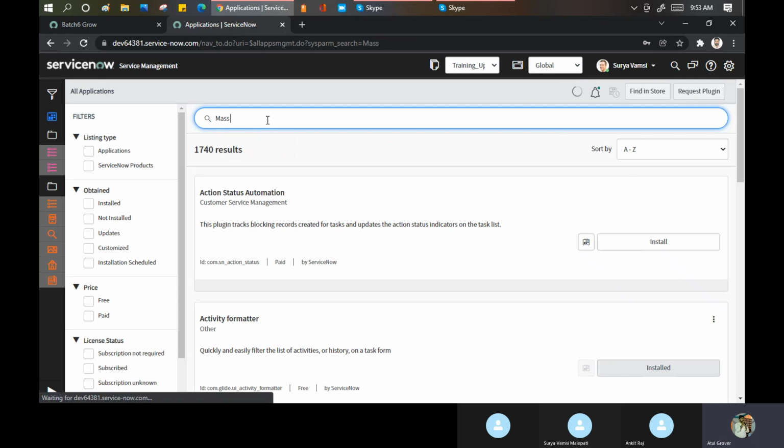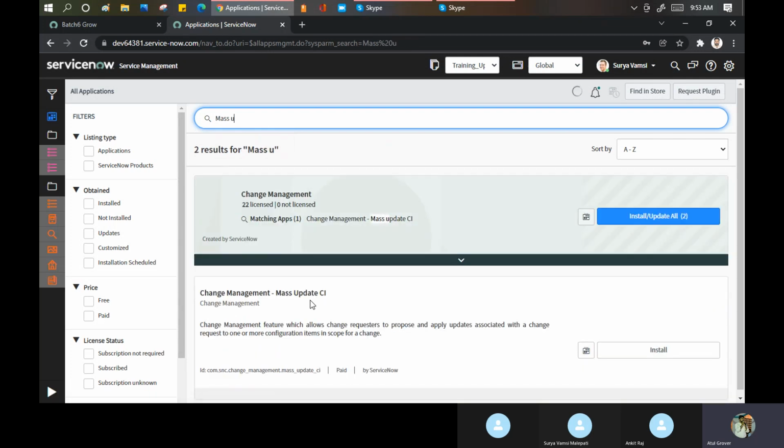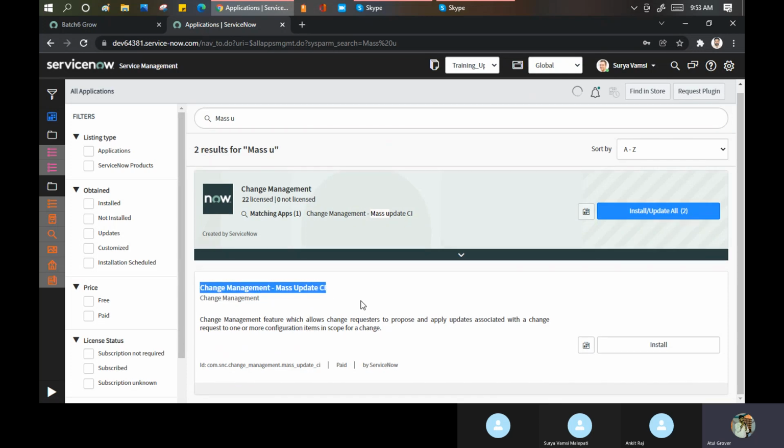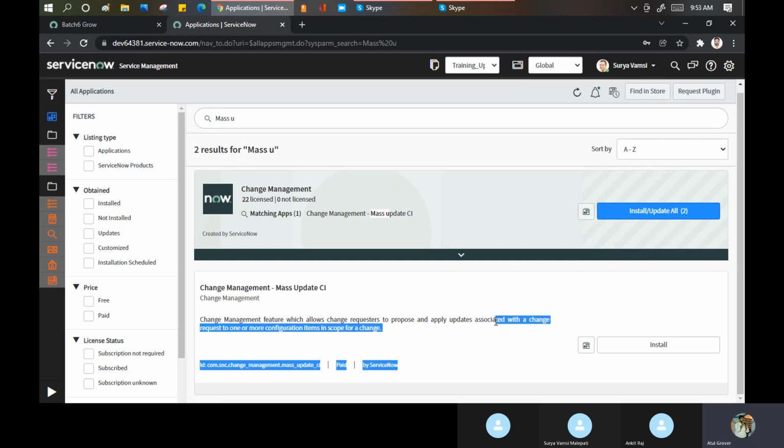Before I go to find in the store, I have a plugin called Mass Update, this one. I want to install this plugin into my ServiceNow. You can see the change management feature which allows the change requester to propose and apply updates associated with one or more configuration items in a change. It means that by using this, you can update a CI class in one go.